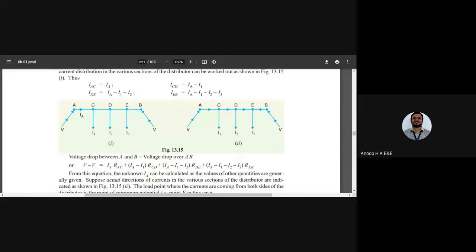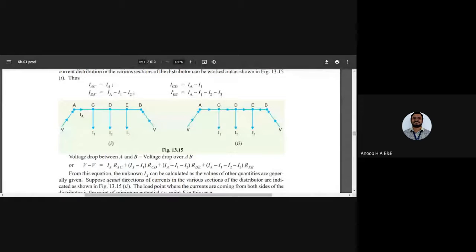Does VAB equals minus VBA mean? What does it mean? When I say minus 6 amperes of current from B to A, what does it mean? So you have a current flow from A to B. I'll give you an example. Suppose you have a flow of current from point A to point B, and you take it as 5 amperes. Again, if you want to find out what is B to A, it would be